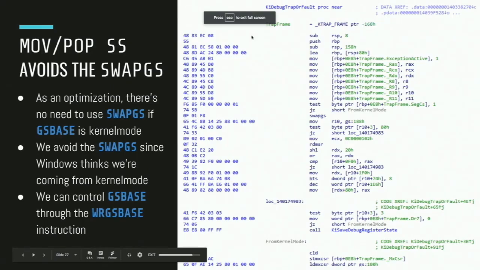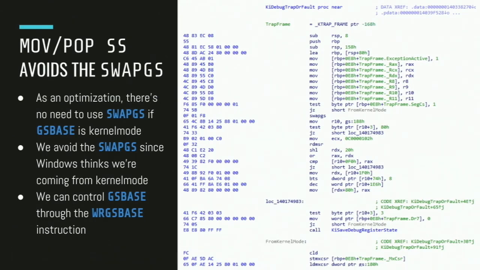It gets better because we can actually use that as a weaponized thing. Instead of just hosing the machine, we can actually get system privileges, but we'll get to that later. So again, as I just explained, the whole beauty of this is that you avoid the swapgs. So there's no need to do the swapgs if you're coming from kernel mode. And we've looked at this code already, this test, which compares the code segment that's put on the stack when you enter an interrupt handler, checks to see if it's coming from kernel mode,